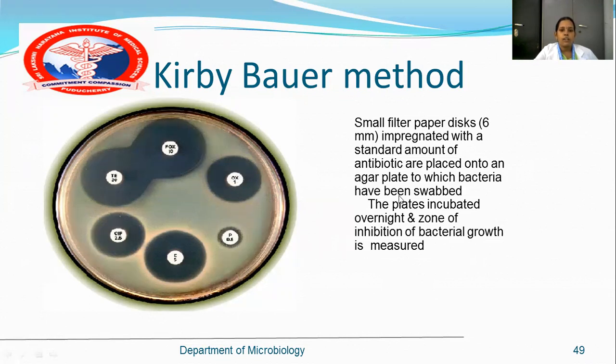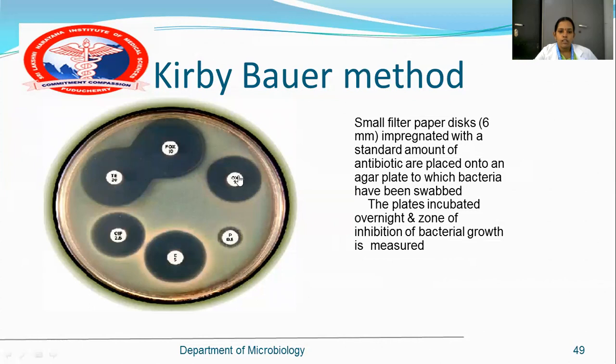Okay, the plate is incubated overnight and the zone of inhibition of bacterial growth is measured. See, this is a zone because the antibiotic diffuses into the media and then the organism will grow. Okay, then this is a zone of inhibition, the clear space. So there is an antibiotic scale. We have to measure this zone of inhibition like this with the antibiotic scale. In that they give the measurements, whether it is sensitive, how much resistant, how much intermediate, like that. So you have to measure.